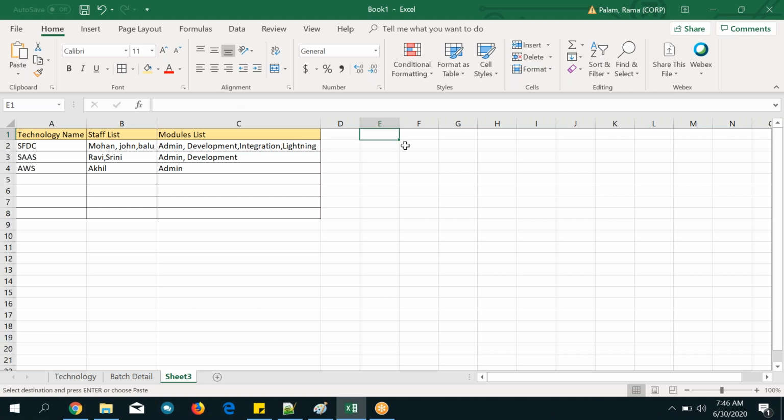The business requirement is that the institute receptionists want to know. Remember, this is a new requirement. I have not given this requirement here. So business, sales reps or receptionists want to see, for this technology as of now, how many students are there.